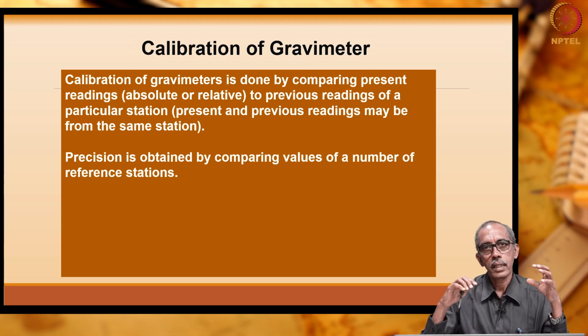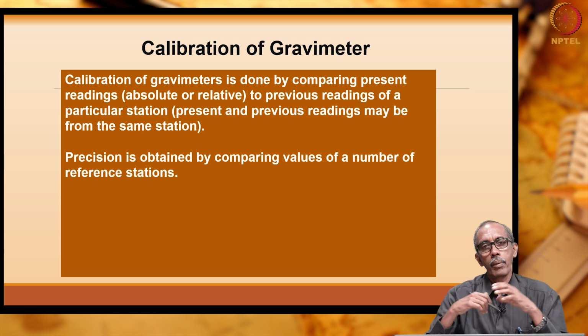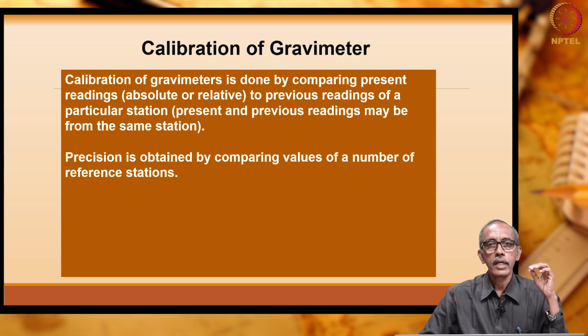Now we have seen how the measurements of gravity are made, either by absolute gravity measurements, where the popular instrument to measure the absolute G value is the weight dropping method. After that we saw relative measurements, the relative G value. Relative G value can be determined by both unstable as well as stable gravimeters.